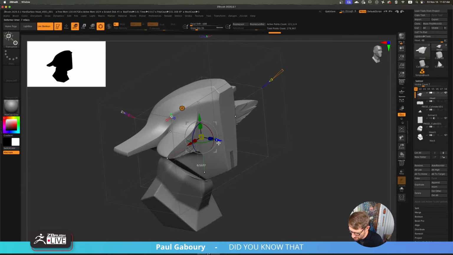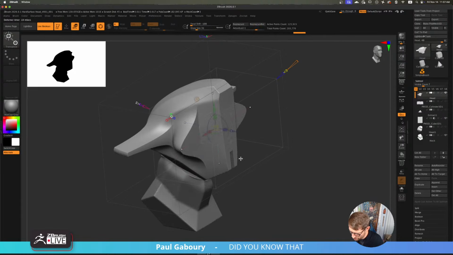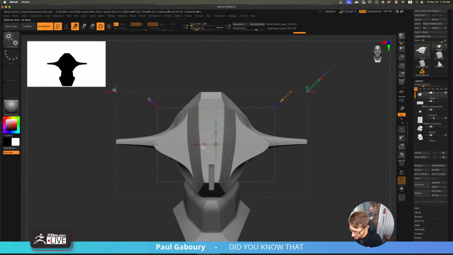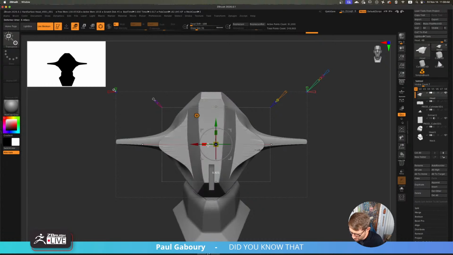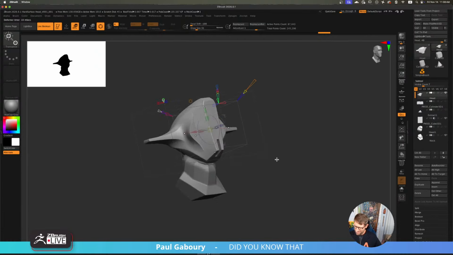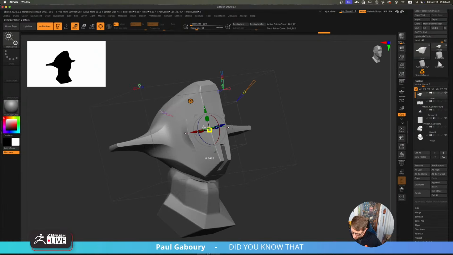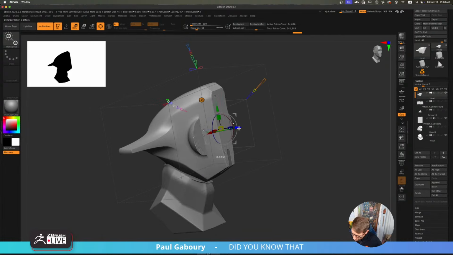Maybe bring this more forward, and then maybe not so much here. Interesting. Size it down a lot more. Okay, I think I might be doing a little too much tapering there.